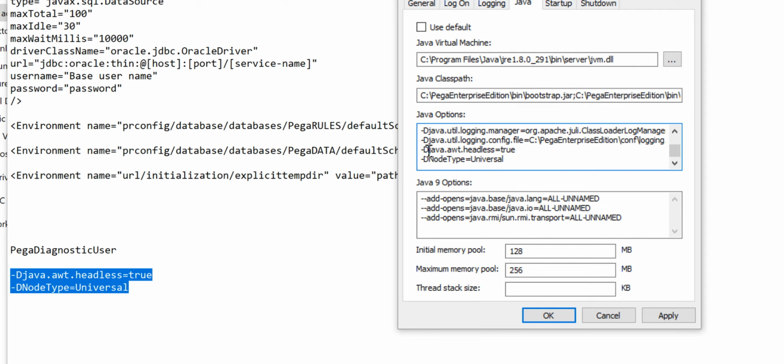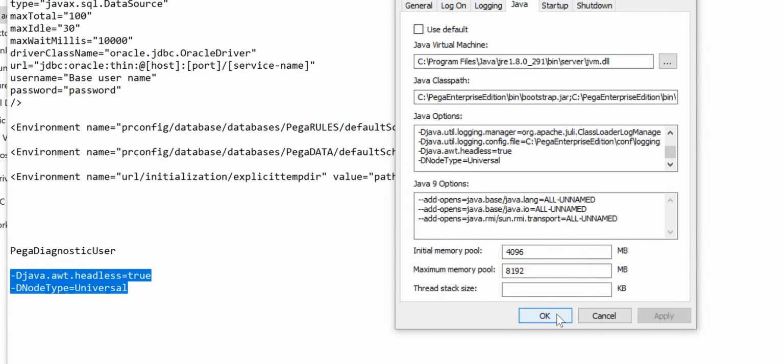You need to specify -Djava.awt.headless=true, and also -Dnode.type=universal. Initial memory will be 4 GB and the maximum memory pool should be 8 GB. Now click on apply and click on OK.